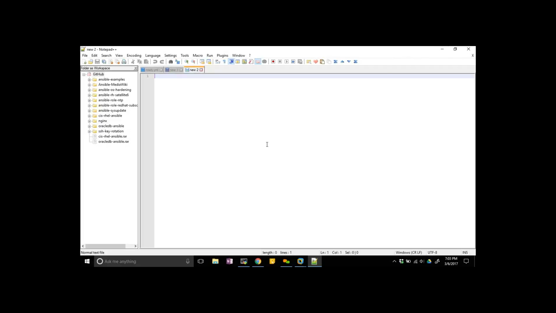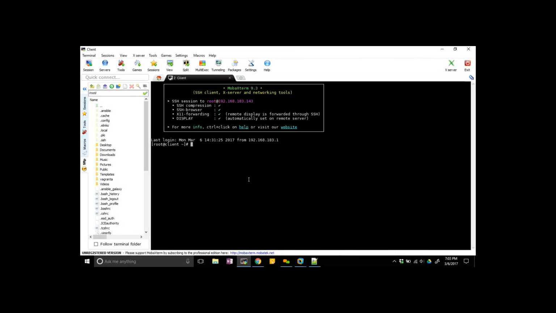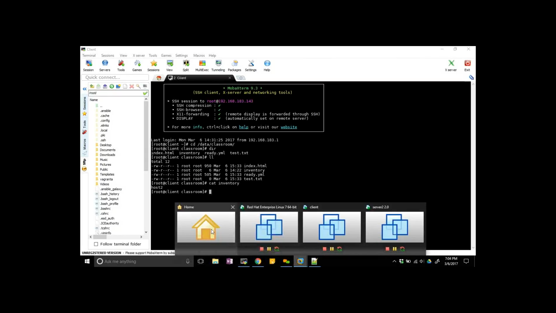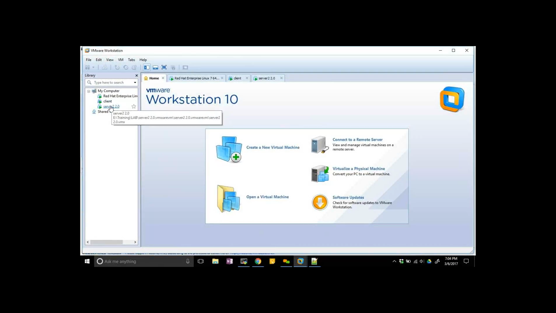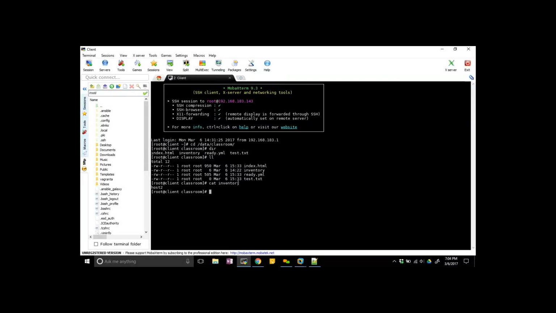In the last class, someone asked me how to write a script in your notepad, then copy it to your Ansible machine and execute it. So this is my machine and this is my working directory. Data classroom is my directory. This is my inventory file. I have only one machine here, but to show you for this session, I have created one more machine called host3. So I'm going to update the inventory.